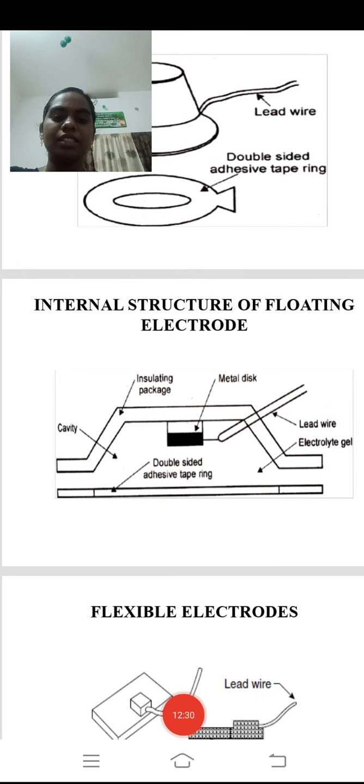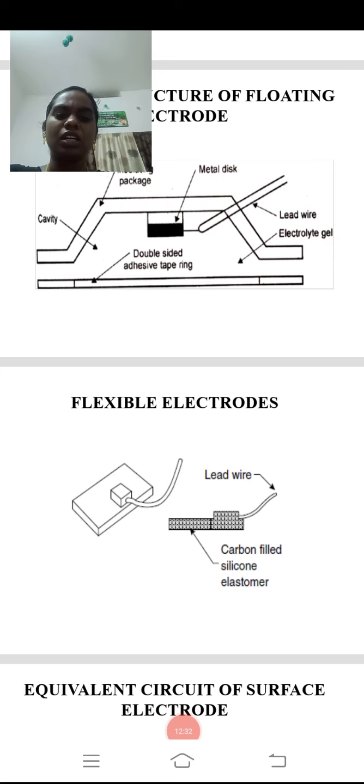Okay, so the next classification is the flexible electrode. A flexible electrode is nothing but, suppose we are going to measure our pressure, one strip arrangement will be connected to our hand. It will be tightened and loosened, so according to that the pressure increases and decreases. In the same way, the flexible electrode also gives an accurate result. Also it is adjustable, that is, according to our body movement it will tighten and it will loosen.